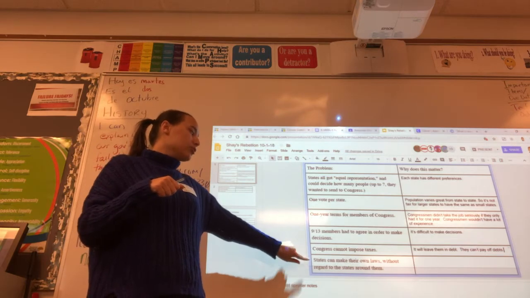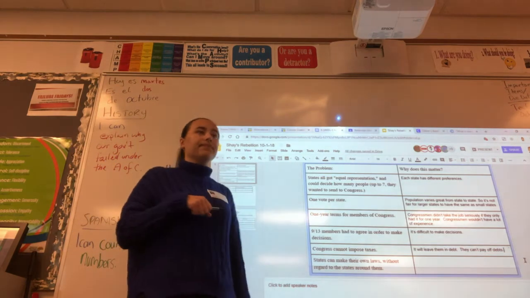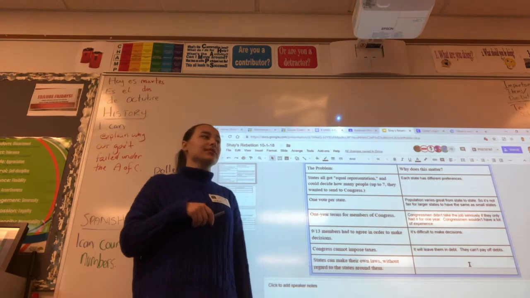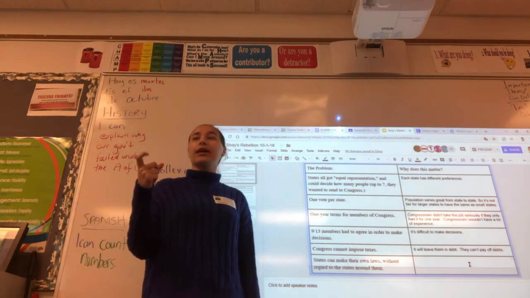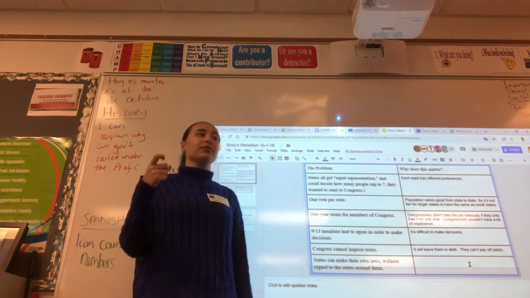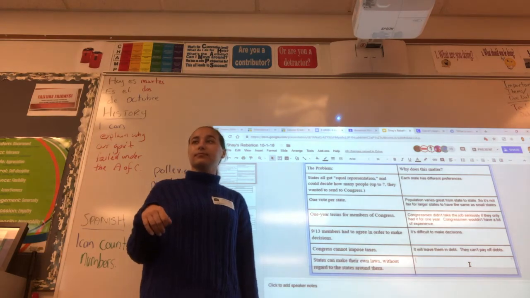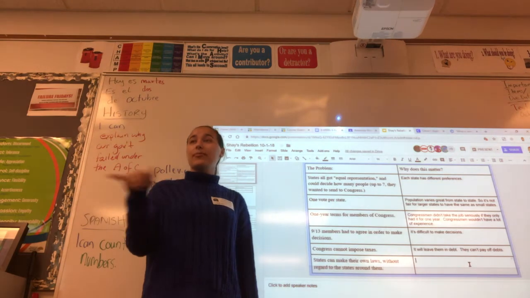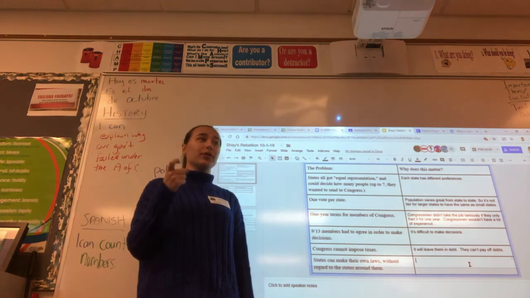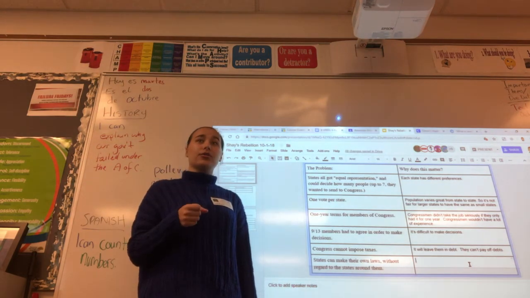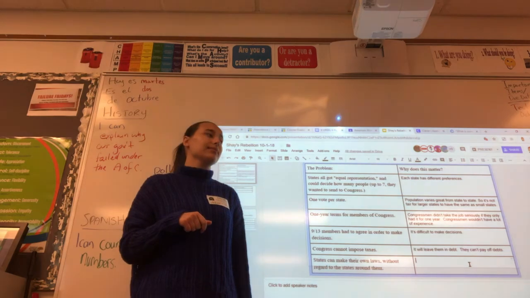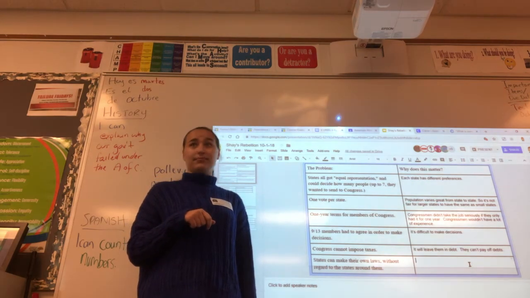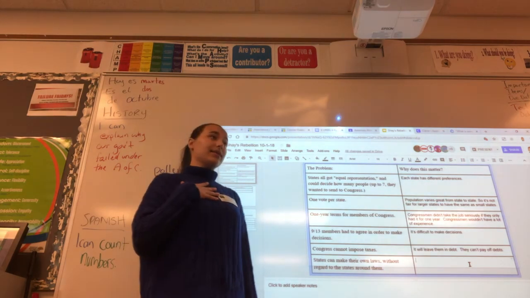States can make their own laws without regard to the states around them. What happens if you decide that you're going to spray your perfume or cologne every 30 minutes? You'll get a headache first. What about the people around you? Do they have a choice in how much you spray your perfume or your cologne? No. So how are they going to feel about you? Are they going to like you? They're going to say, oh, I want to sit next to her next time. I wouldn't. Cologne gives me a headache too.